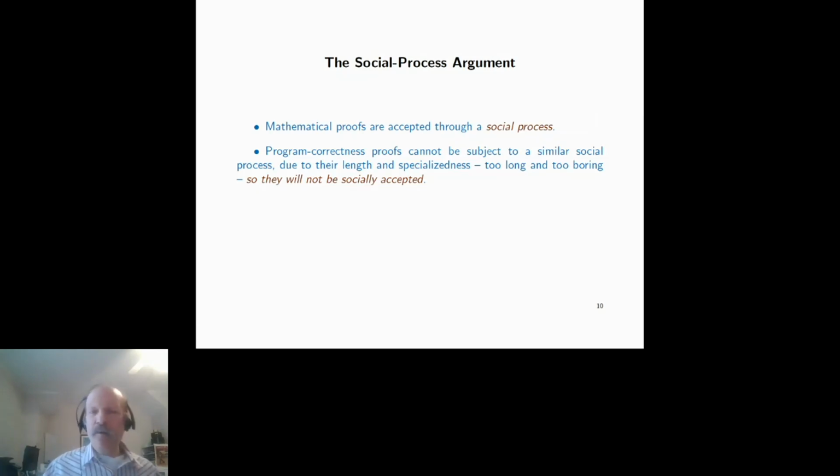And the argument was somewhat uncomfortable, which is: why do we accept mathematical theorems? We say, well, there is a proof. Well, how do we know that the proof is correct? How does the community become convinced that the theorem and a proof are correct? And the argument was that, at the end of the day, it's a social process. You show the proof to your colleagues, and they say it seems right. What about this? What about that?